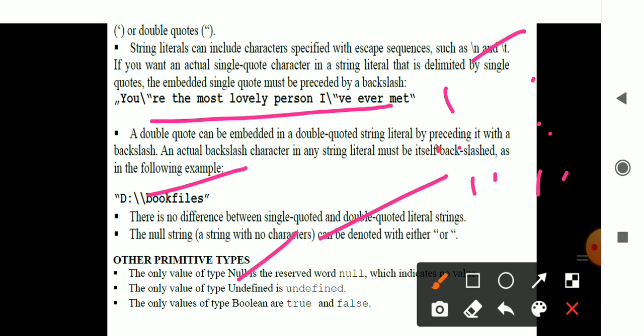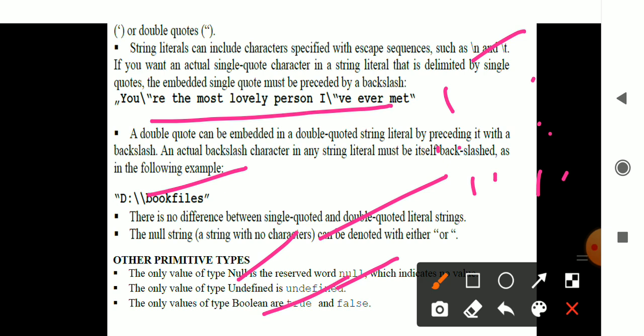In the other primitive types, you have null. Null represents a space used as a null element. When you put data into that place, only then will it be filled. Otherwise, in the beginning, whatever is represented in memory will be null. And undefined: if I want an element to not be defined, then the concept undefined is used. And the Boolean types are true and false, which are used in web programming.